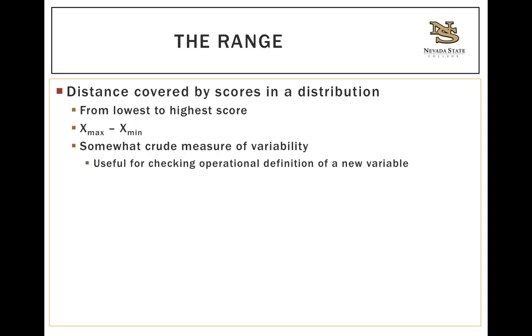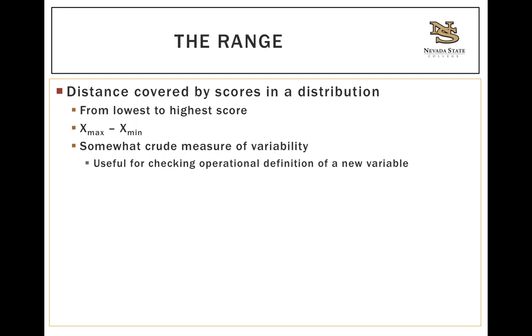So if you remember, an operational definition is simply a behavioral characteristic that we can use in place of a construct. So for example, shyness. We might take not talking to people at a party as a definition of shyness, but we want to make sure that people vary quite a bit on the way that we define this variable. And so the range is good to make sure that people are behaving in a way where you can really